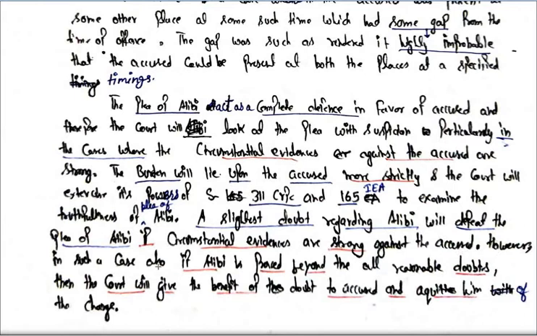However, in such a case also, if alibi is proved beyond all reasonable doubts, then the court will give the benefit of doubt to the accused and acquit him of the charge। अब what you have to appreciate is, अगर कोई accused है और उसके खिलाफ circumstantial evidences weak